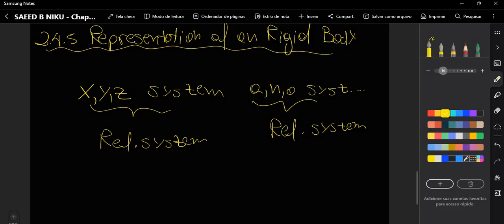Once the object is permanently linked to this referential, let me draw